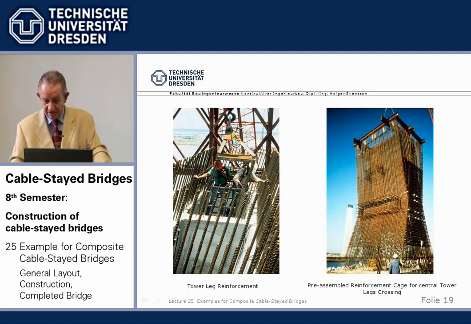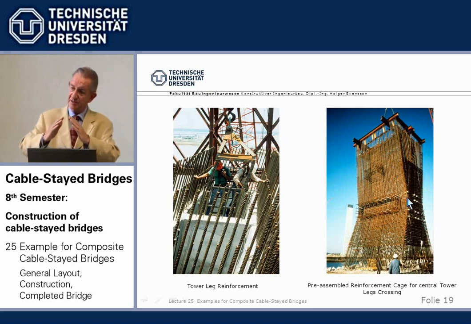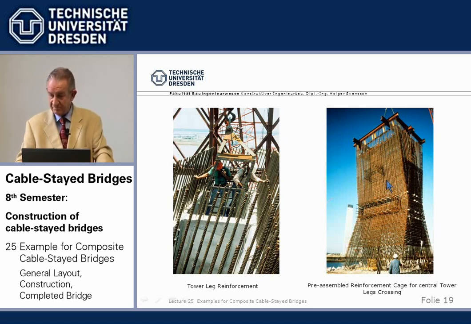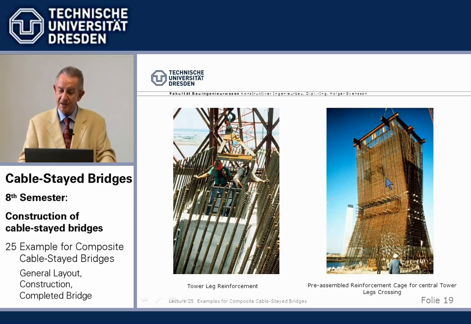And the real problem, of course, was where in the middle the 2 tower legs cross one another. And there we really had some tight reinforcement. But it was the cage, the reinforcement cage, 200 tons weight or something, was prefabricated on ground and lifted up in place. And then we used